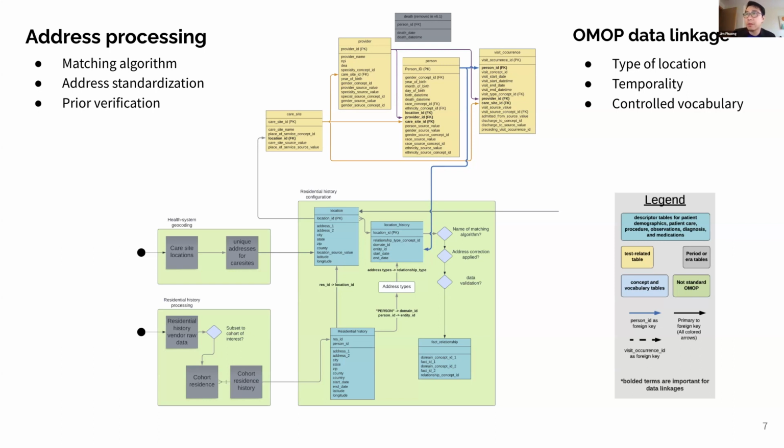This is where I've gone to Andrew to really consider how do we document a matching algorithm, or the application of address correction or address standardization, or if somebody had actually gone through and done manual validation of the records, how can and how should that be documented? Initially, we were looking towards the fact relationship table as a way to just store these as a simple set of triples. I know Andrew has some thoughts on this, but currently that is still the best thing that we could do.